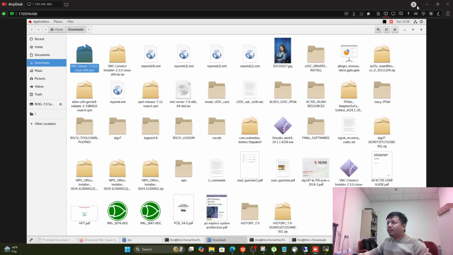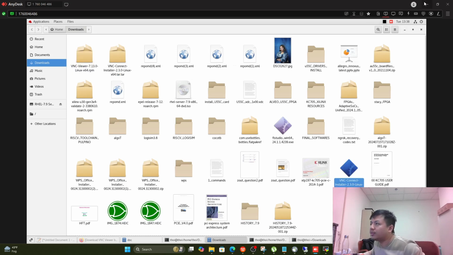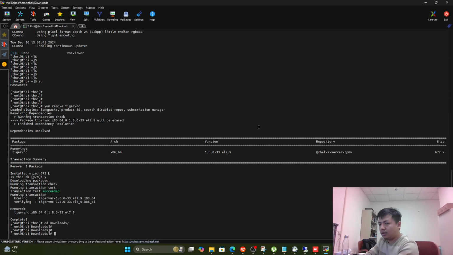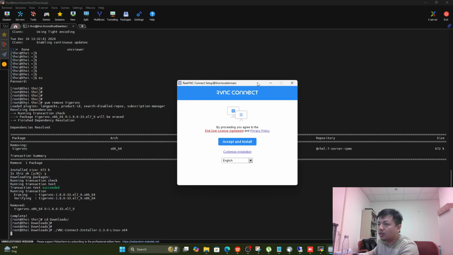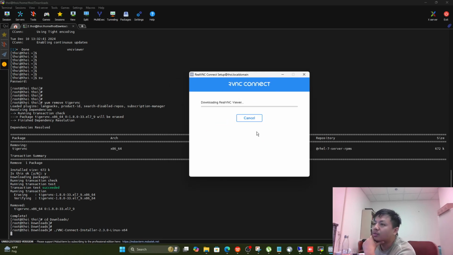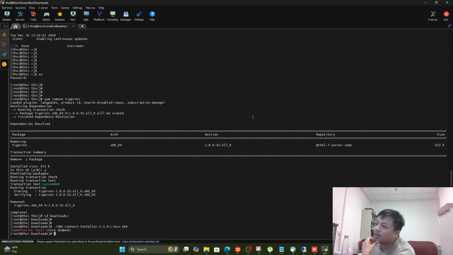Right, so let's start with this first. Run the VNC Connect installer. You have to be a super user, and this GUI will pop up, accept and install, and it will automatically install the things. I'm going to cancel it for now